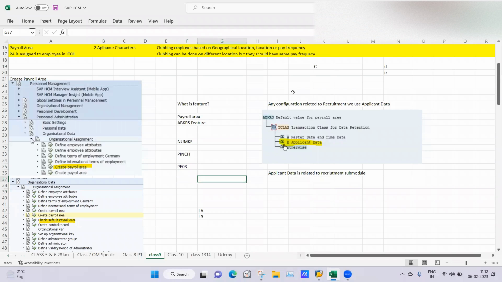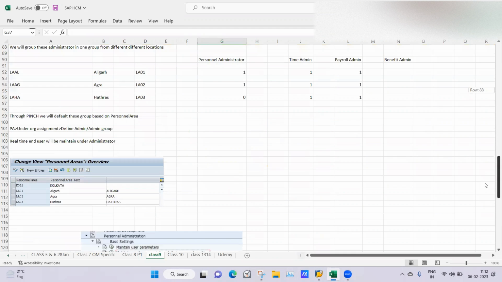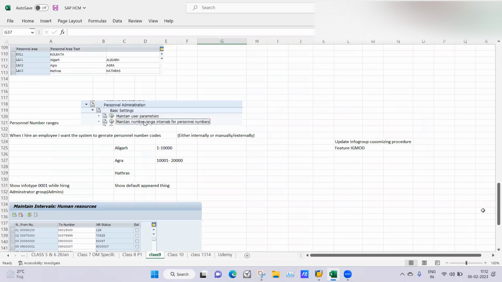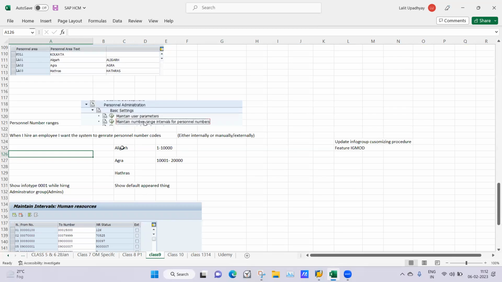So we will cover this topic, feature and the administrator group, in tomorrow's class. And if time permits, we will go to another topic, personnel number ranges. Basically, what we have done in OM, we have given the number ranges for our object types. Here in personnel administration, we will give the number range for our employees. So for the employees which we are hiring, what number range do we want to set up? Suppose we are hiring for the Aligarh location, personnel area Aligarh, the employees which